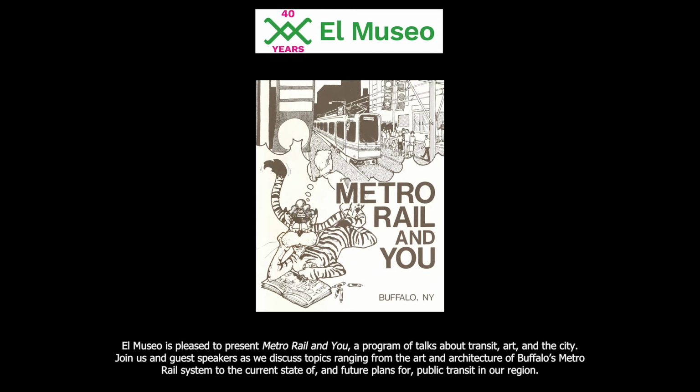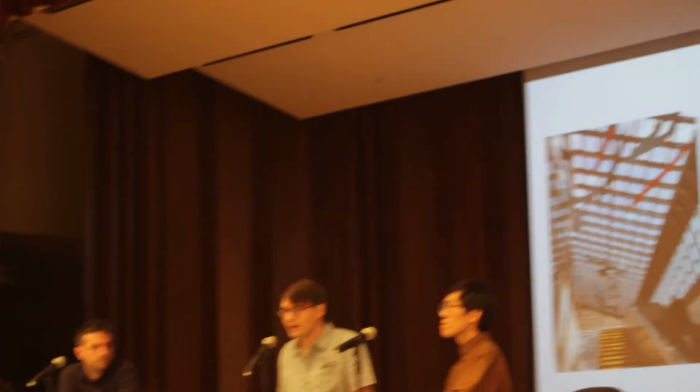So yeah, we did go on a second what we call infrastructure tour. I guess technically it was our third infrastructure tour, but the second one that we've done of the Metrorail. And there were a number of differences between when we did it in 2018 versus when we did it in 2022. Part of it is what you touched on in your presentation, things like the fare gates, and just changes that have been made to the architecture of the system that is clearly not in line with the original vision of the architect. But it's always interesting to see how the artwork